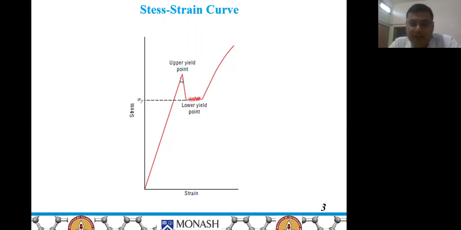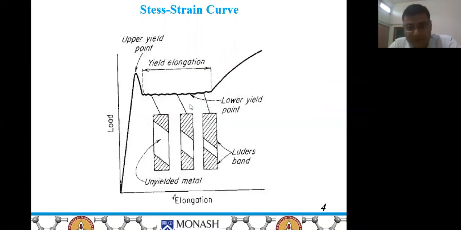So why does this yield point phenomenon occur? Basically, the yield point phenomenon occurs generally in low carbon steels. When we have low carbon steel, carbon interstitial atoms go below the positive edge dislocation, and it locks the dislocation movement. So this upper yield point is due to locking of the dislocation movement due to carbon